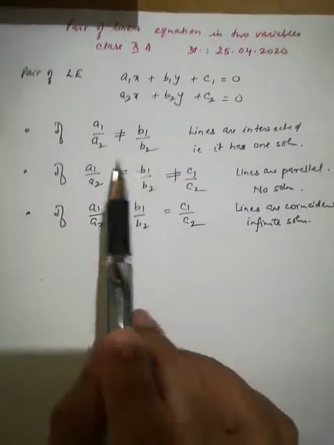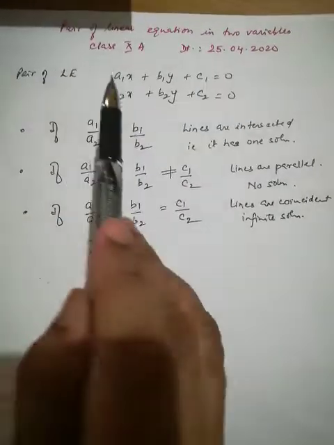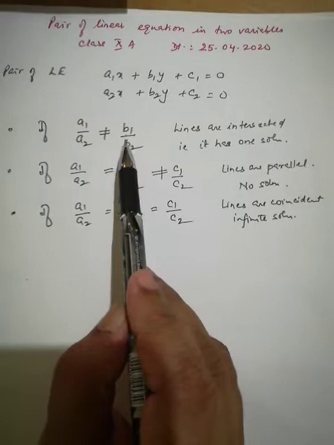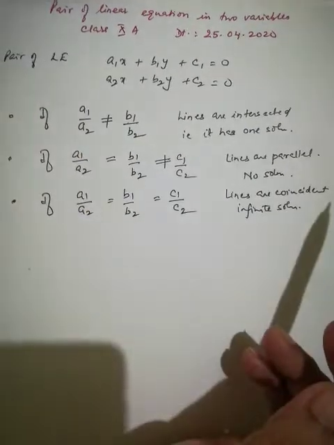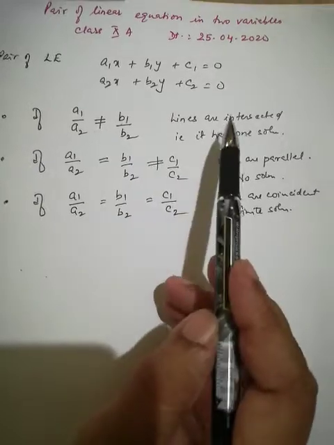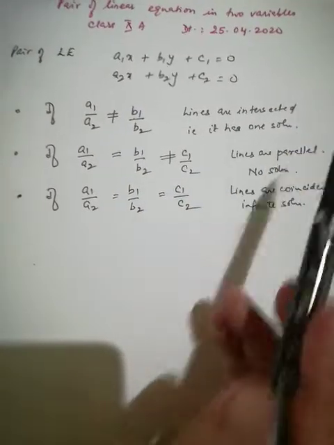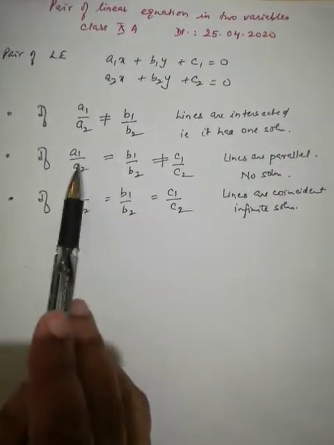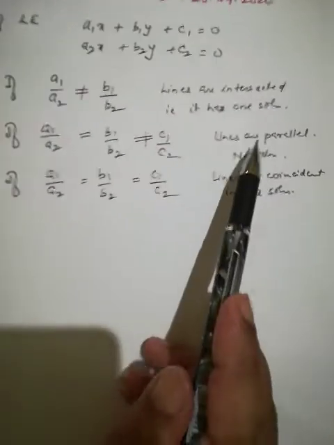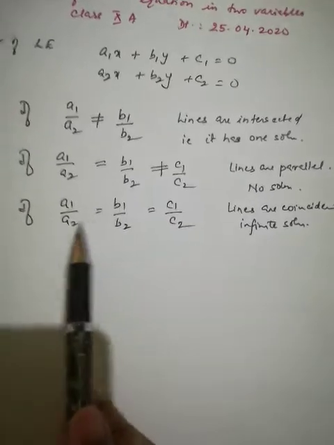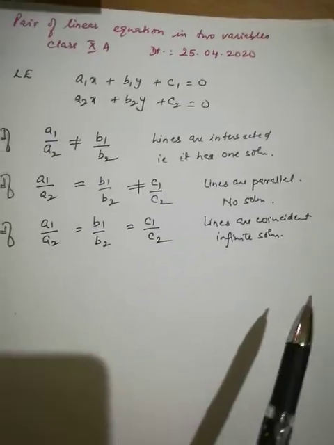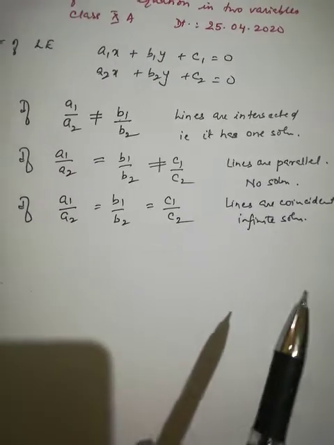I repeat, this you should know. Only the ratio of the coefficients you are taking, not x. If a1 by a2 is not equal to b1 by b2, we are not bothered about c1 by c2, whether equal or not. If these two are unequal, that means the lines are intersecting at one point, one solution. If a1 by a2 and b1 by b2 are equal, but the constants are unequal, then they are parallel, no solution. And if a1 by a2 is equal to b1 by b2 is equal to c1 by c2, the lines are